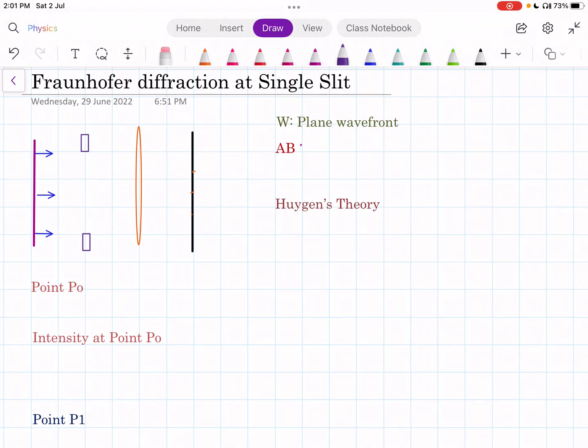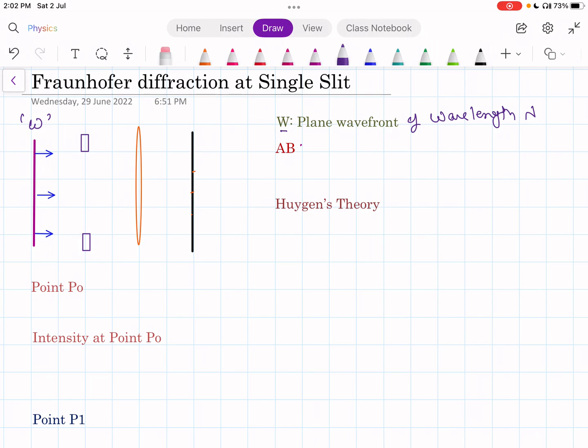Fraunhofer diffraction at single slit. Let us first complete the diagram. This straight line over here is plane wavefront, which we are denoting by W. So this W is plane wavefront of wavelength lambda,